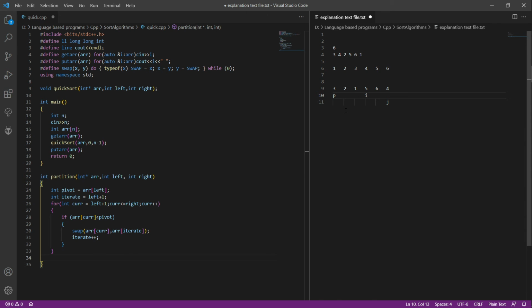Okay, so like I said, it will be swapping this 1 and 2, so that 3 comes in its appropriate place, and all the values less than and greater than it are placed to the left and right side of the pivot respectively, that is 3 in this case. So swap